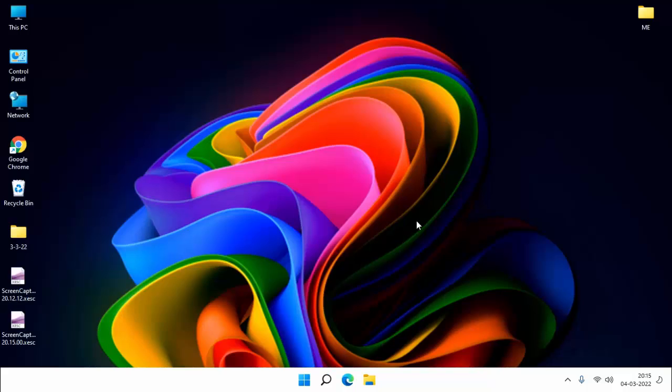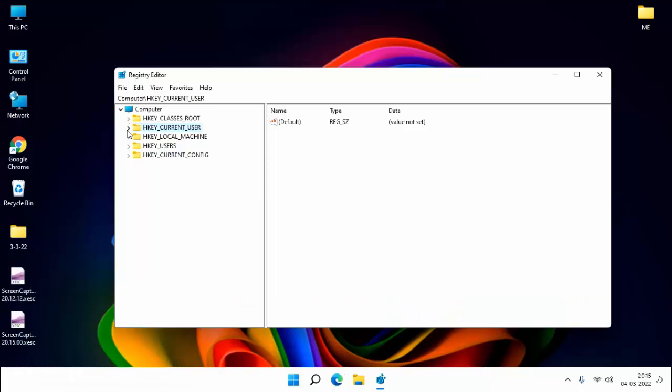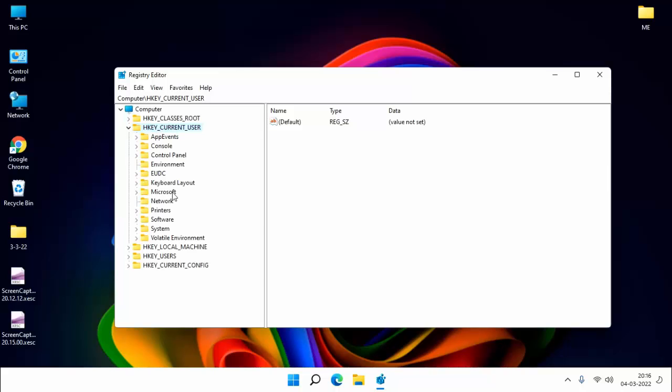For this you need to go to Registry Editor. For that, press the Windows and R keys, then type regedit here, hit enter, click on Yes, click on HKEY_CURRENT_USER, double click on HKEY_CURRENT_USER, then double click Microsoft, double click Windows,